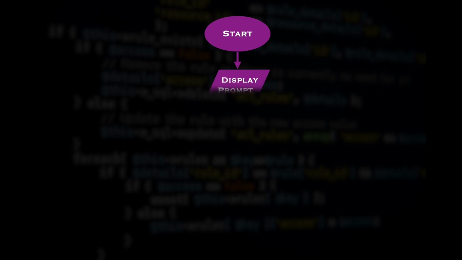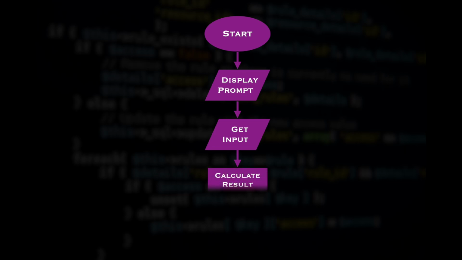Until now, our programs have all executed sequentially. When the first line of code is finished, we move on to the second. When that's done, we go on to the third line, and so on. When there are no more lines to execute, the program stops. And every time we run the program, it's going to flow through the same sequence of steps in the same